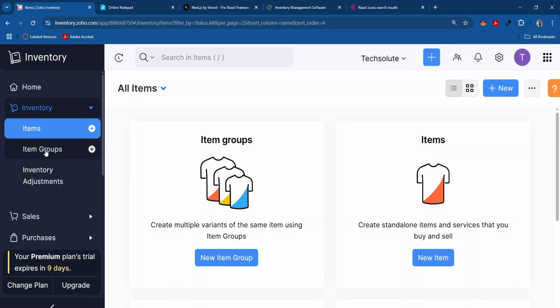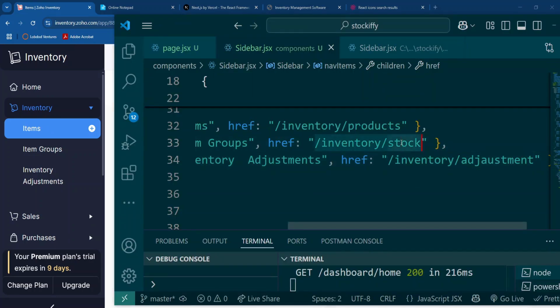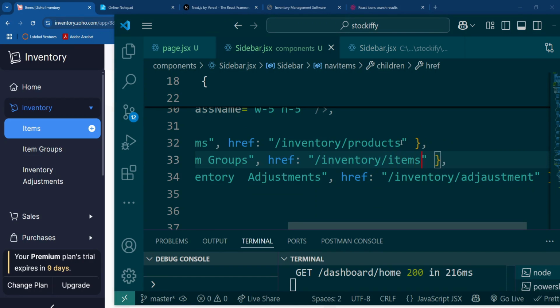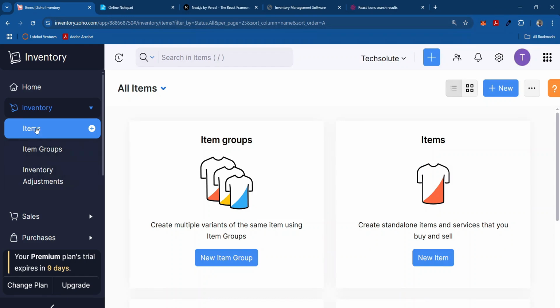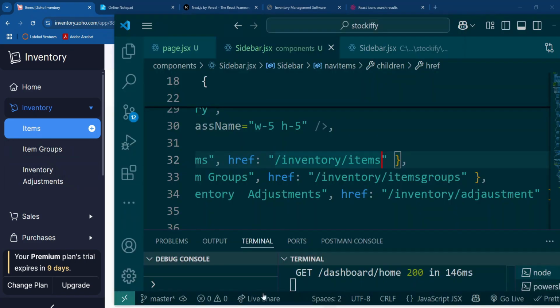Item groups and items for now. Inventory items. Okay, so